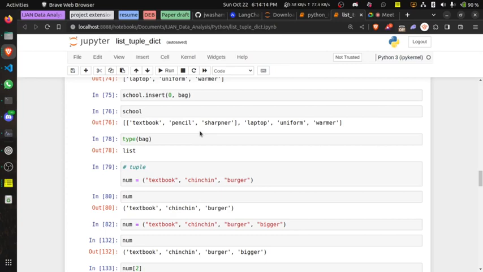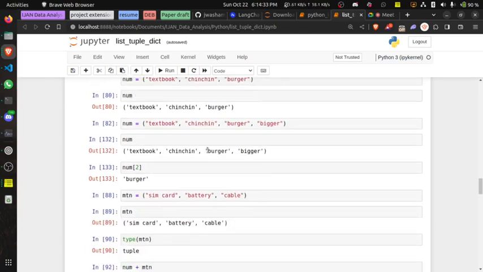And also we mentioned that a list you can edit, you can update it, you can insert, you can do whatever you want to do. It is editable, but a tuple is not editable. So that means the operations are limited, right? The things that you can perform are actually limited. And then we did a few examples, right?